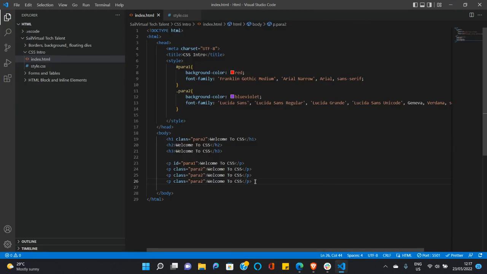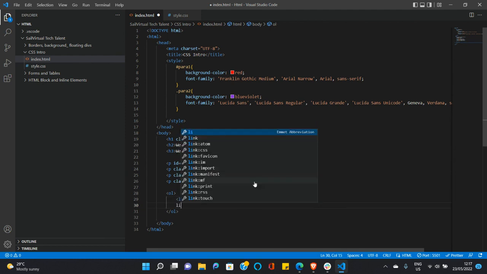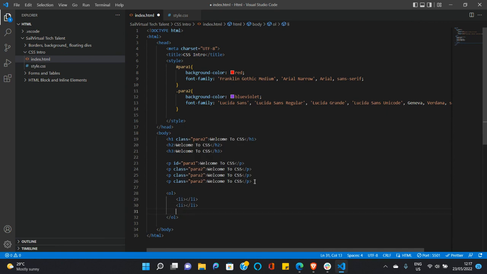Before we look into the external CSS, so we'll have an ordered list, have list items inside. We'll have days of the week, Monday, Tuesday, Wednesday. So if we save this,